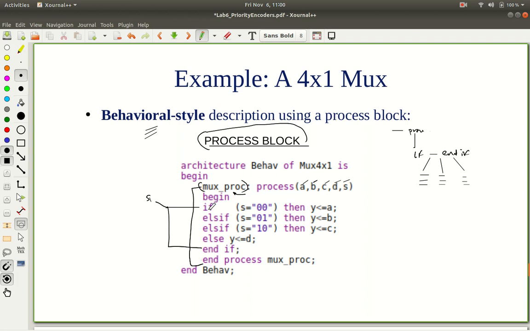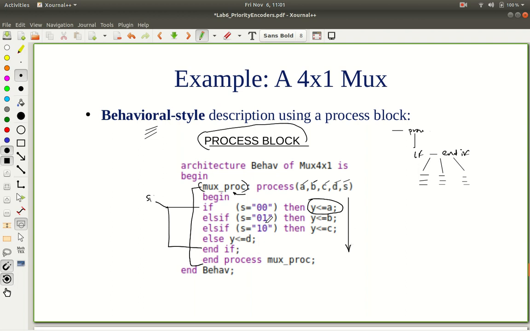For example, in this if branch, this is one sequential statement. So essentially statements can be nested together. In this large if block, which is a single sequential statement, we have these smaller sequential statements. This looks very much like the data flow description that we have seen, because we are just describing a mux, but the way it is read is from top to bottom.